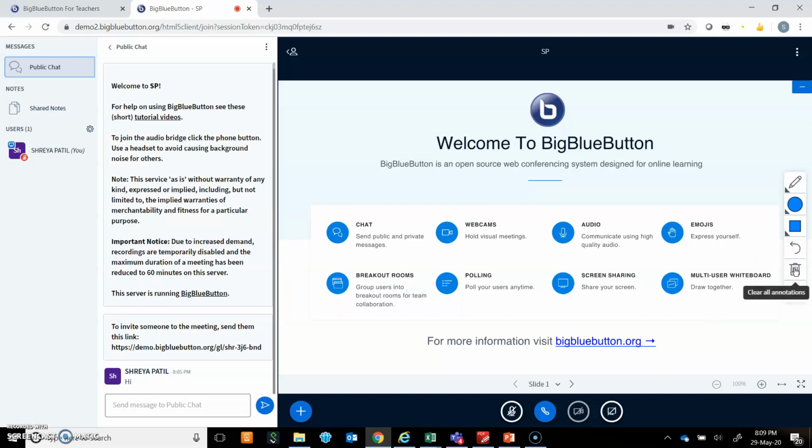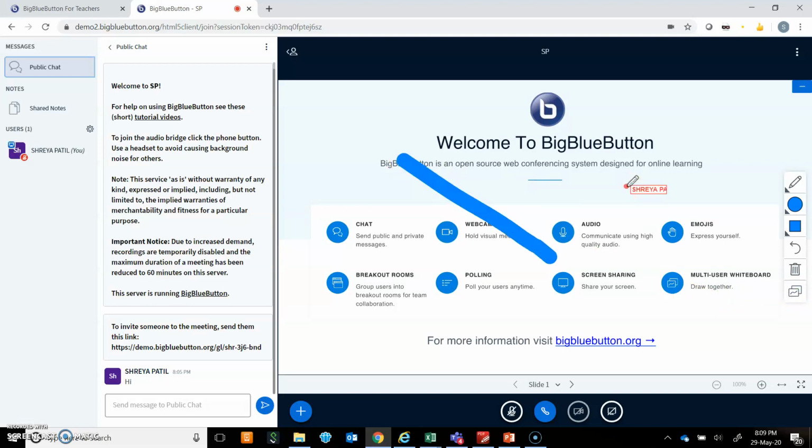Then there is a bin option which says clear all annotations. So instead of clicking undo many times, you can just click on the bin and it will clear your slide. The last option is the multi-user whiteboard. At a time, I can have many people contribute to the whiteboard.